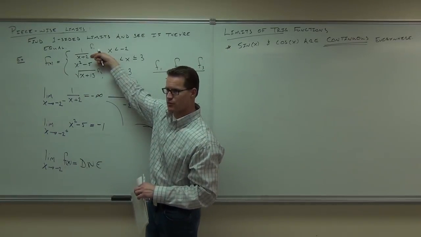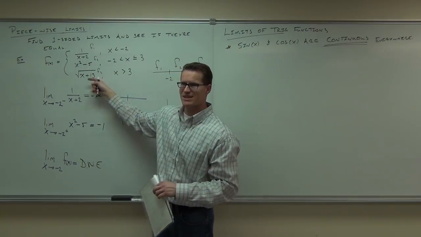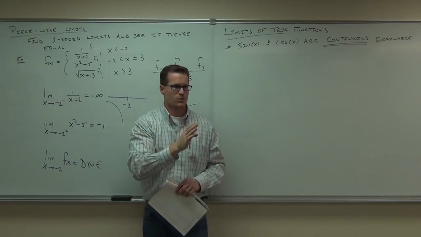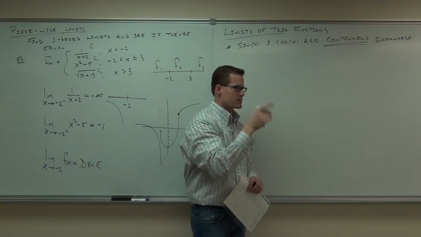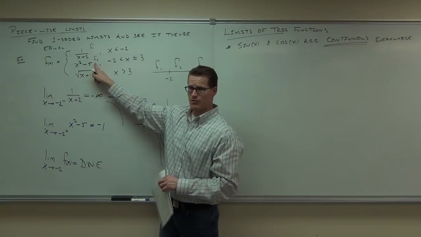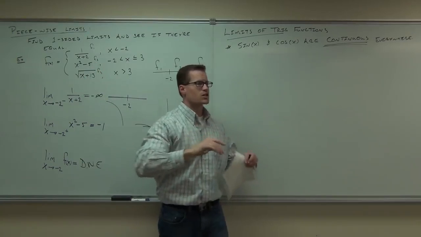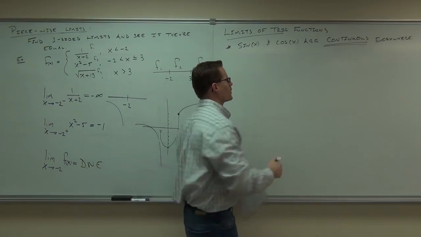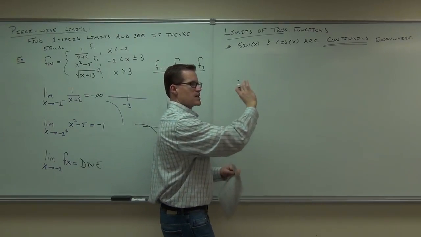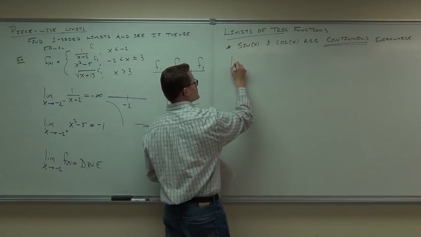This is a rational function. Clearly it's not continuous everywhere. Negative 2 fails. This is not continuous everywhere because it doesn't even exist for a part of it, okay? So we're not talking about that. What we're talking about is continuous functions like this one. That's continuous everywhere. You're not going to have a problem, no holes, no asymptotes. Agreed? Sine and cosine, we just said, are the same thing. Therefore, if sine and cosine are continuous everywhere, we can apply the same logic and say, then the limit